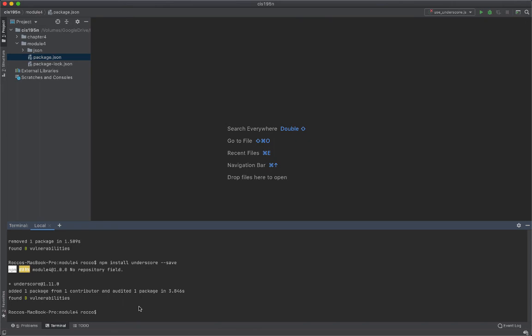All right. So in this video, we saw how we could use the Node Package Manager to create a package.json file that would store details about our particular project, and how we could easily and quickly install new functionality into our project using the npm install function, and how we could uninstall